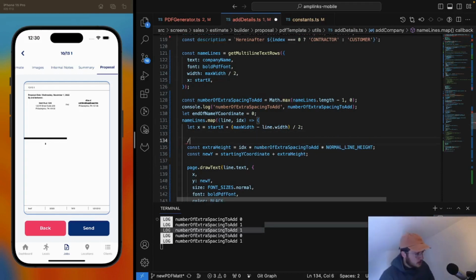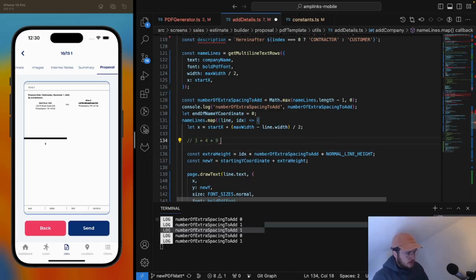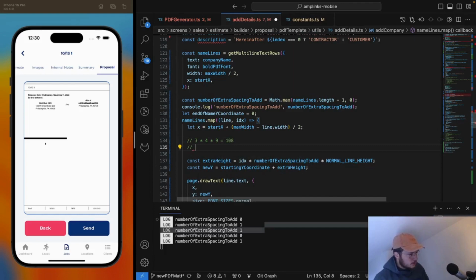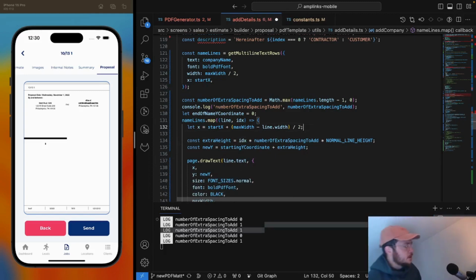I gotta do some basic math here. 3 times 4 times 9. If I just go left to right, it's what? 12, 108. 3 times 4 times 9. Okay, it does work the same. I should have made sure. Okay, so